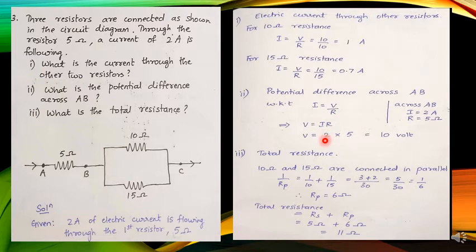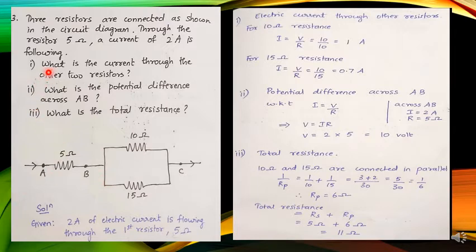What is the value of I? What is the current that is flowing through this? It is 2 amperes. So I is 2 amperes. And what is the resistance between this AB? Across AB the resistance is 5 ohms. So R is 5 ohms. So what will be the voltage? V is equal to IR. So V is equal to 2 into 5, that is 10 volts. So we are going to use this as voltage now, because the voltage remains constant.